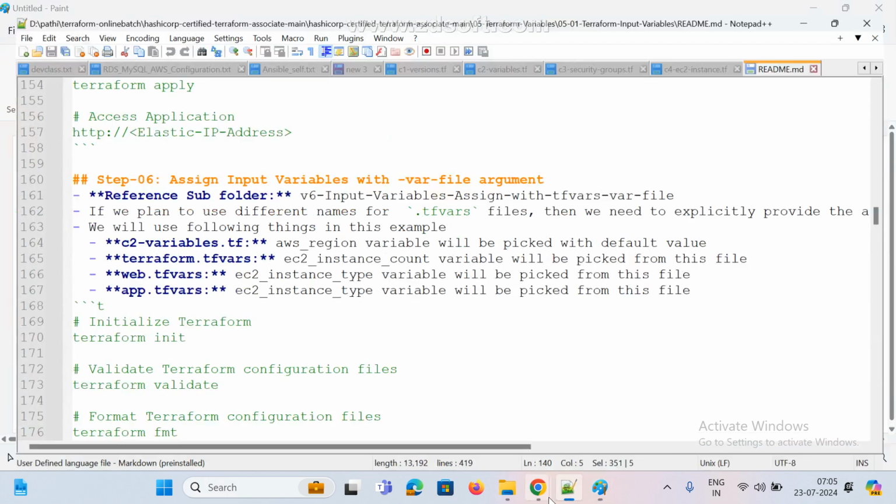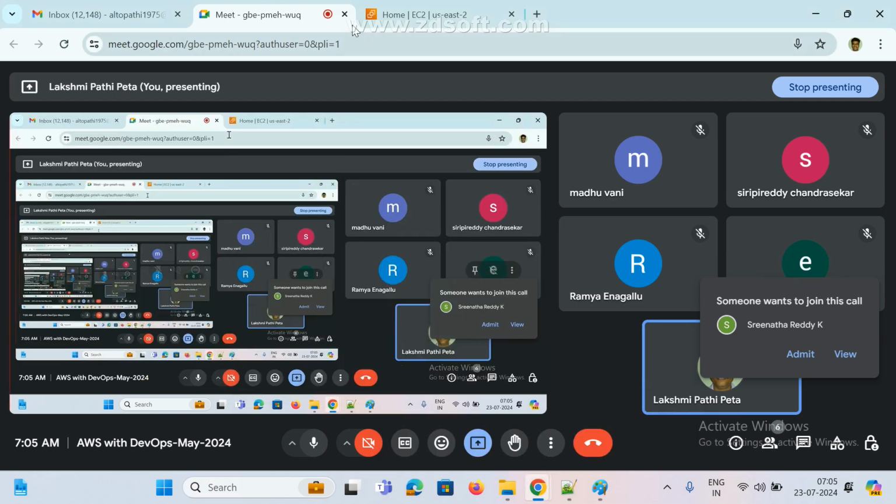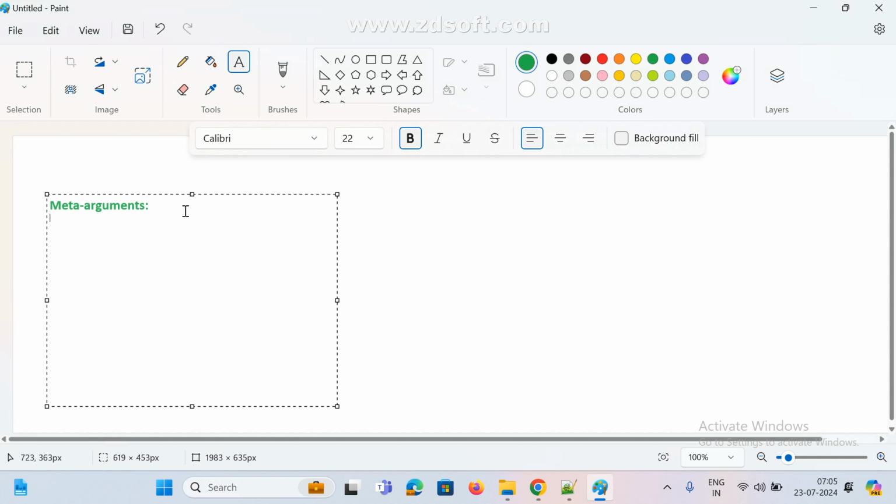Meta arguments means count and for_each, and mostly they are asking about count and all. Count, for_each, depends_on, next provider, next lifecycle. This is very important. Lifecycle.